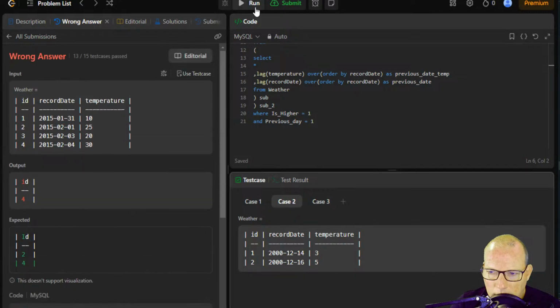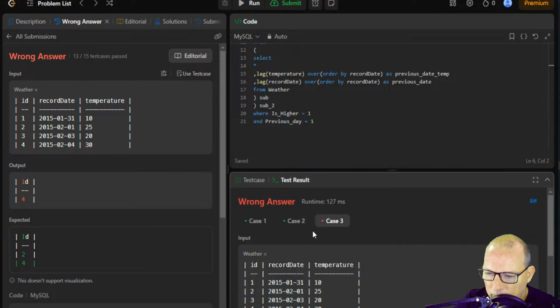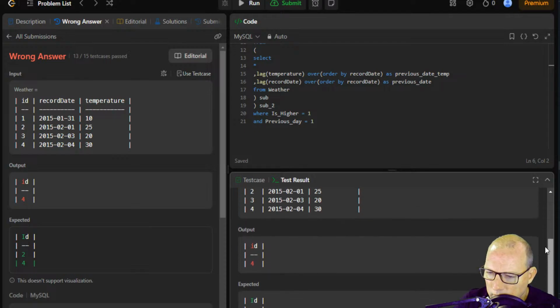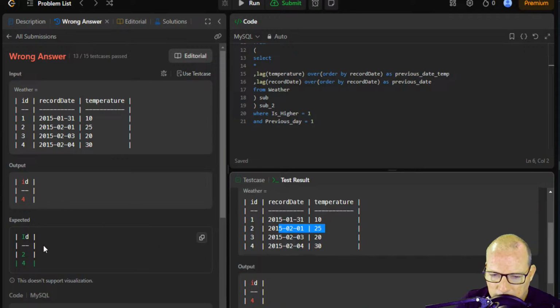All right, let's run this again. Not quite sure. All right, let's look at this. Is this the first one? No, it's not. This has a gap. So I'm getting output of 4. And it's saying